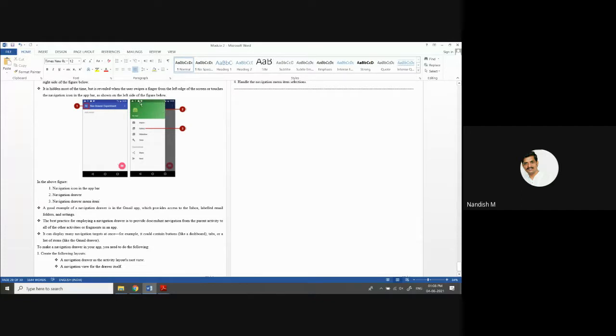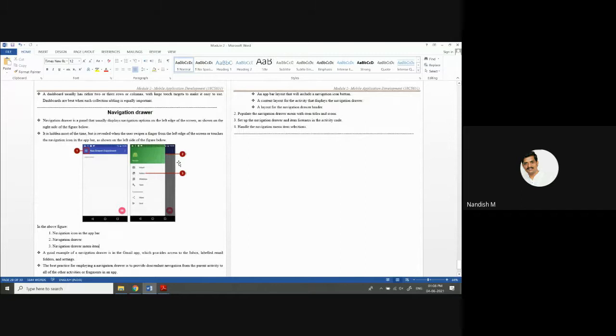And you have to create the activity, this navigation drawer header and this layout. It is called the content layout. After that, you have to create this app bar layout. It contains this icon. See how many layouts: one, this two, this three, and it contains this four. These many layouts you have to create.